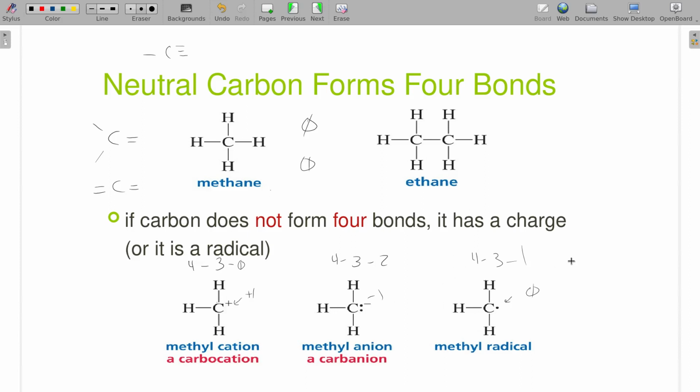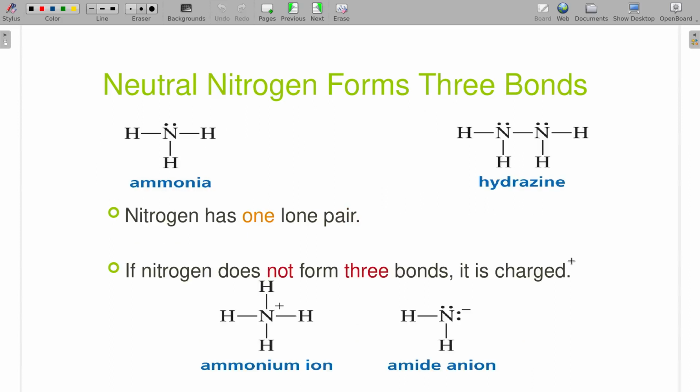I want you to know how to solve the formal charges, but you're going to see the same ones a lot. Even nitrogen, there's really only 3 ways we ever really see this. So if I know that this nitrogen has a formal charge of 5 minus 1, 2, 3, 4, 5, then I know these two both have a formal charge of 0. And if I figure this out, 5 minus 1, 2, 3, 4, that has a formal charge of positive 1. 5 minus 1, 2, 3, 4, 5, 6. That one has a formal charge of negative 1. And anytime you see nitrogen with 4 bonds and a positive, it's going to be a positive 1 formal charge.